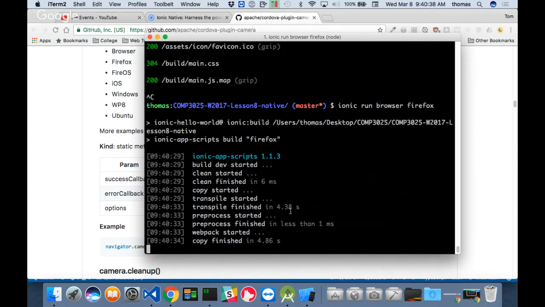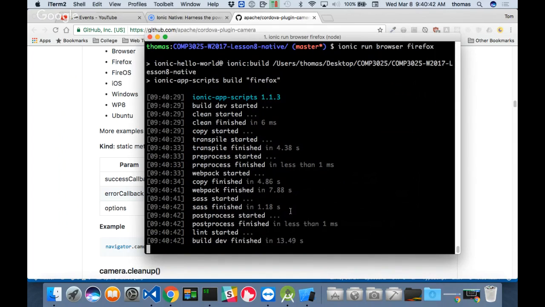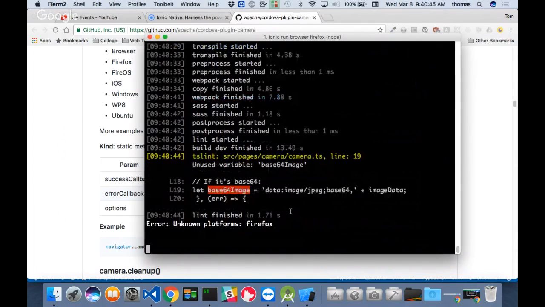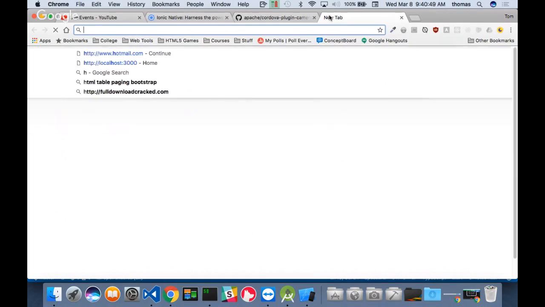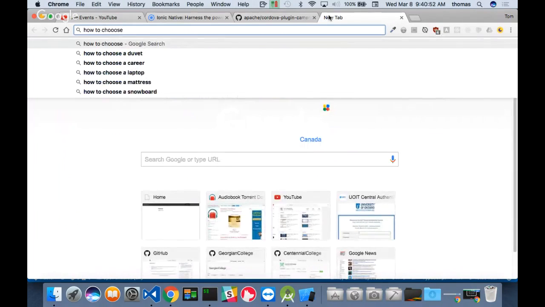It's going to try and think about it as a build. It's going to say, what's Firefox? I don't understand what that is. It's going to try and do both builds. Yeah, unknown platforms, Firefox. All right, so how to choose browser,